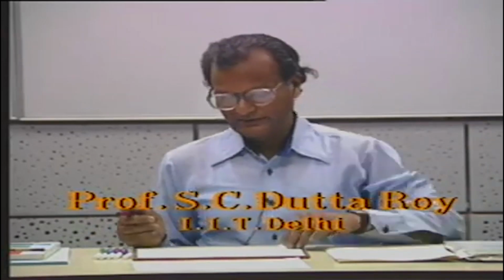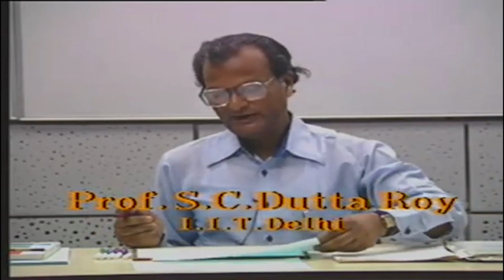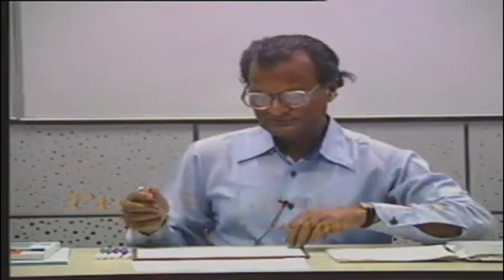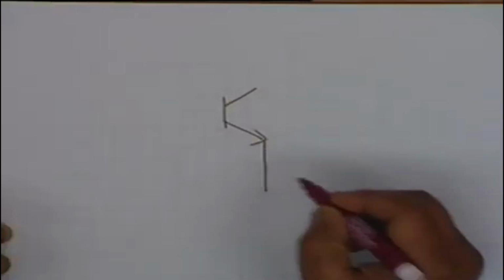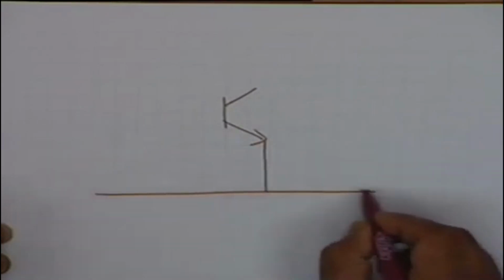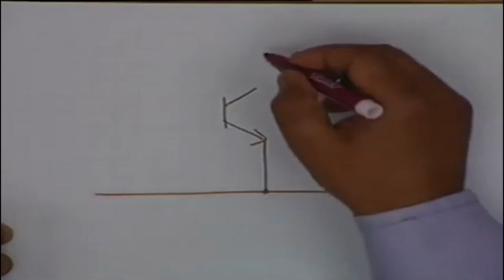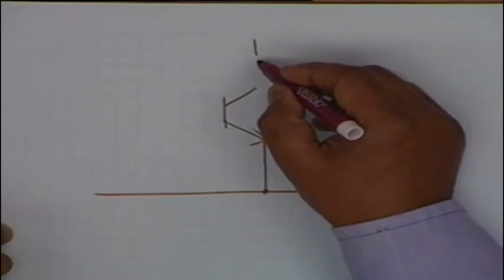This is the 30th lecture, and the topic for today is BJT biasing and introduction to power amplifiers. We had discussed last time a BJT biasing circuit in which the emitter was connected directly to ground, the collector